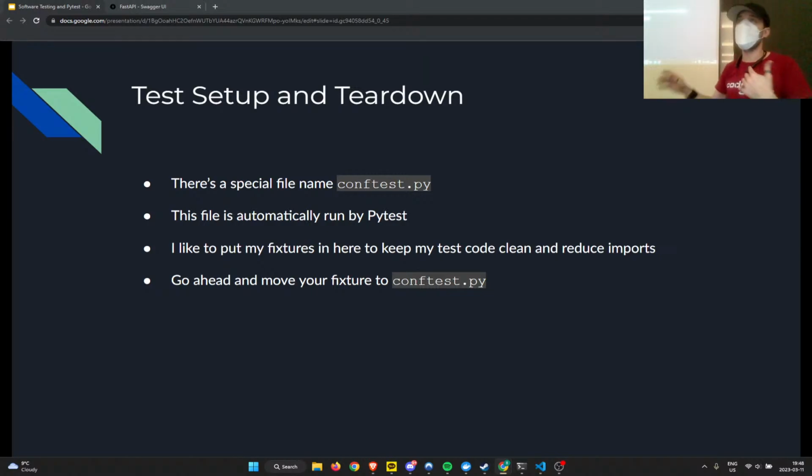Instead, Pytest has a special file called conftest.py. And Pytest will read that before running any tests, automatically. That's just a special file name that it looks for, okay? Usually, I put a lot of my fixtures in there because the test code does not care about the fixtures, okay? The test code cares about testing the code. So I keep my fixtures in there, I keep my test code in the test files, and then everything's cool. So what we're going to do is move that fixture we made into a conftest file, and then we're going to do more stuff. So let's go ahead and do that.